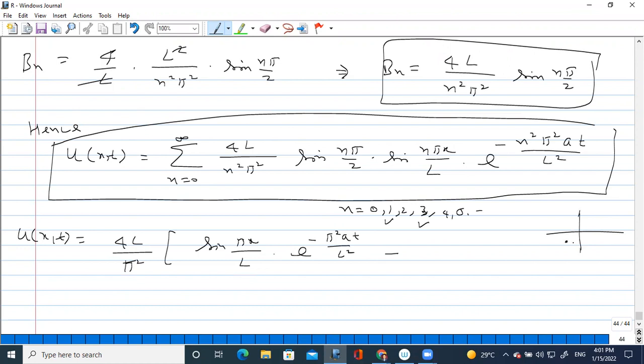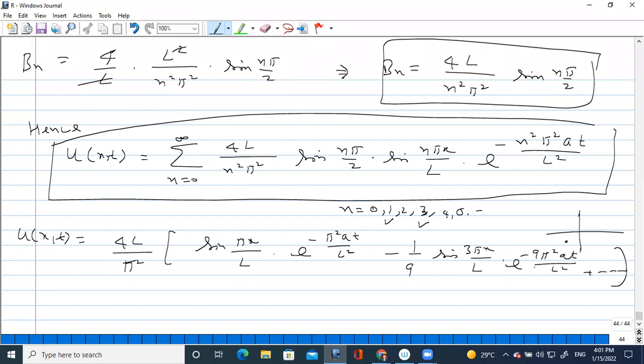In this quadrant, sine is minus. So that's why minus has come. It will be 1 by n square, means 9, sine 3 pi x by L into e to the power minus 9 pi square at by L square